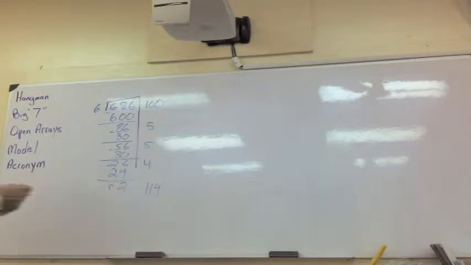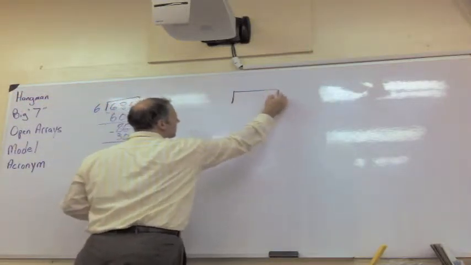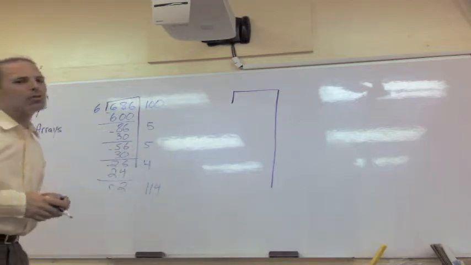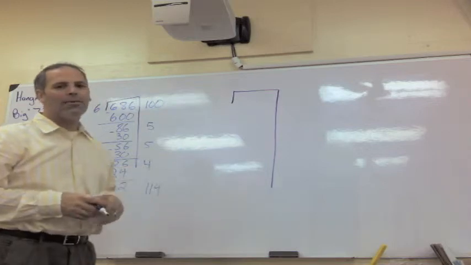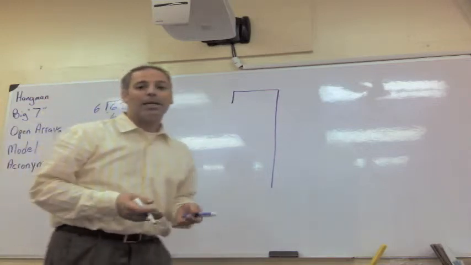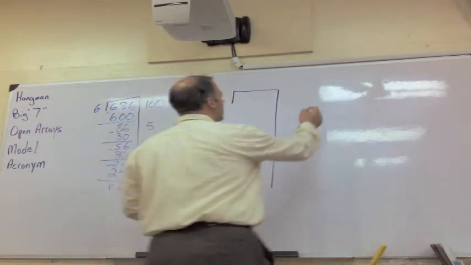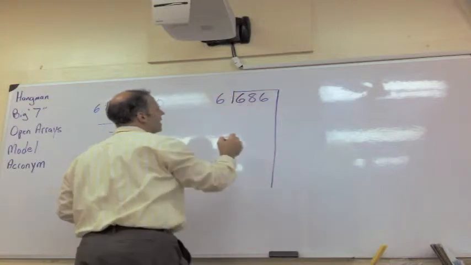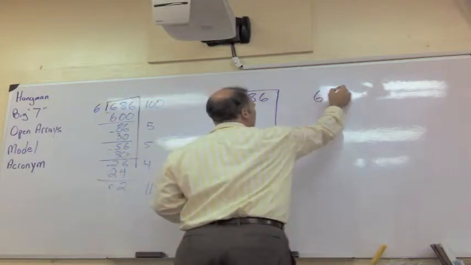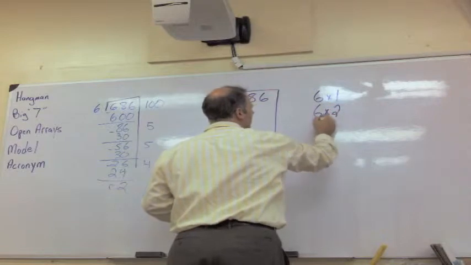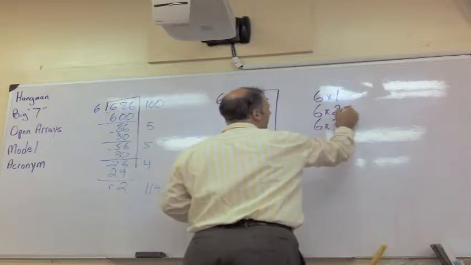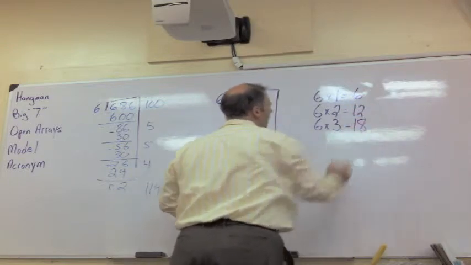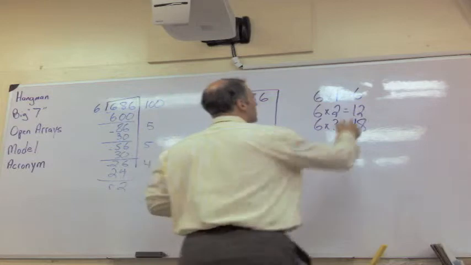The Big 7 is simply that, a large 7. As you see, it does not differ much from the Hangman version, and it is partial quotients again, but I try to have them write out and build some confidence with some multiplication skills that they know. So they're probably very good with, if we are doing 686 divided by 6 again, I can have students write down 6 times 1, 6 times 2, 6 times 3, basic facts that they should know. And then I'm going to build on that. They might know, again, those base 10 numbers. So 6 times 10,